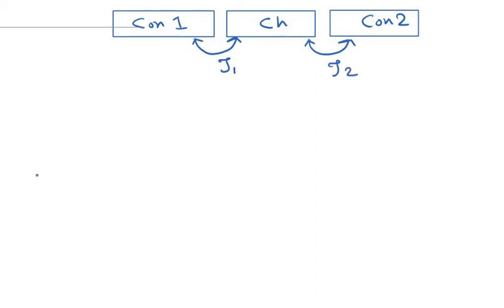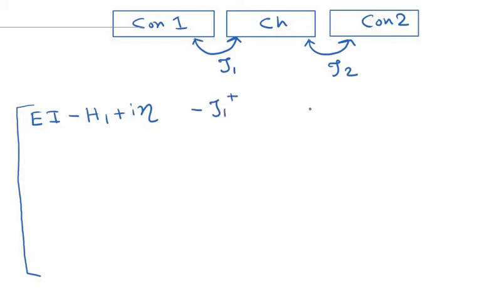So now the Schrodinger's equation for this case basically reduces to the two contact case, which is, just like before, E I minus H1 plus i eta, minus tau 1 dagger, and then it is 0,